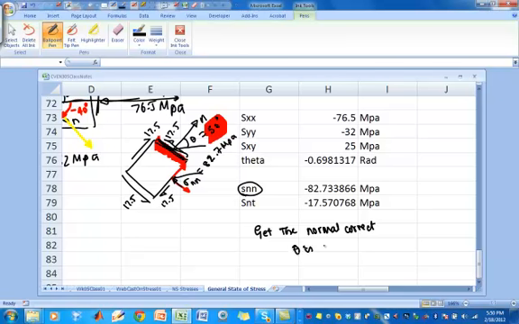Theta is measured CCW from the positive x-axis. So you have to make sure you draw your axis and your normal, okay? Then theta is measured counterclockwise, positive, from the x-axis. This is the main decision you have to make. Substituting cos squared theta, sin squared theta,